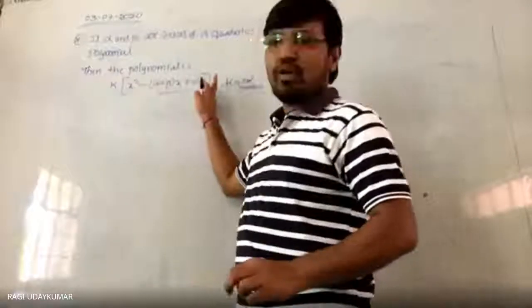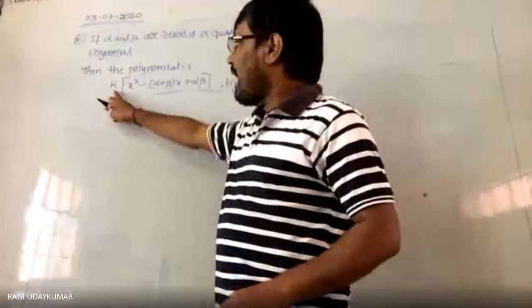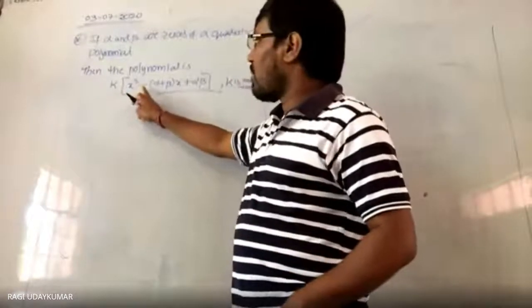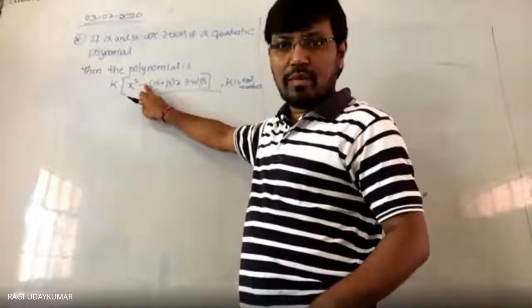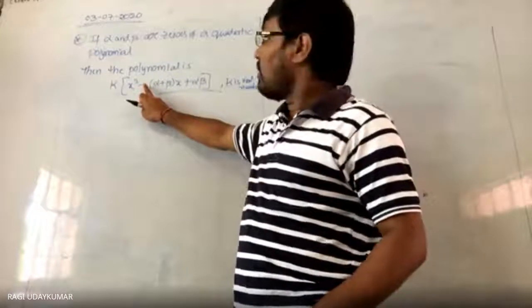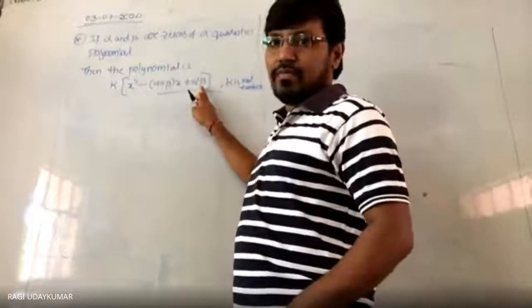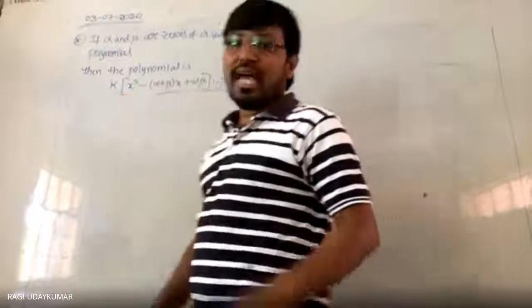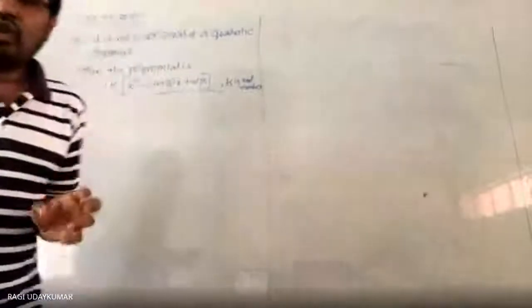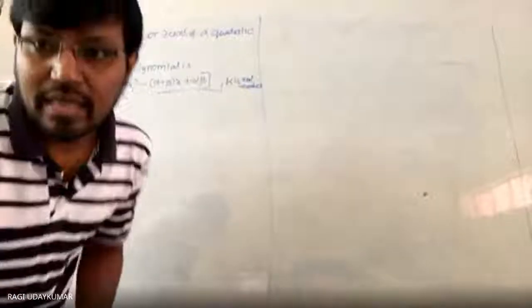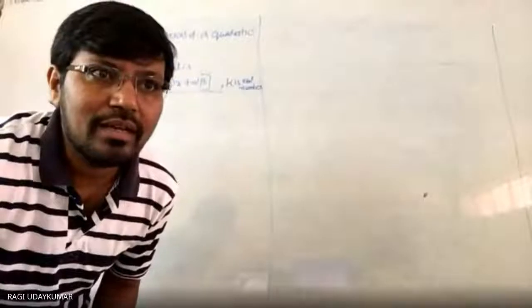How do we write the quadratic polynomial? Let us see here. That's constant k into x square minus... Do you remember, most of the students will make a mistake here? Minus alpha plus beta into x plus alpha beta. So here, constant, I already told you that any polynomial, if you multiply by a non-zero constant, that polynomial's zeros